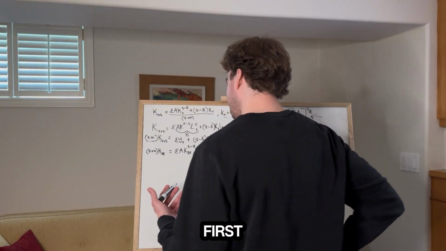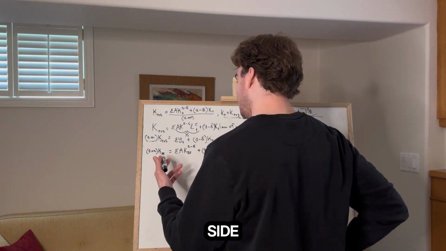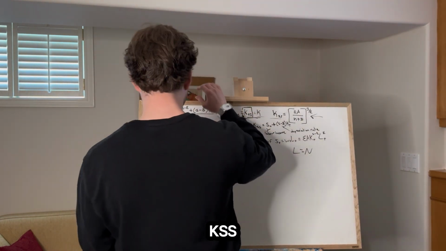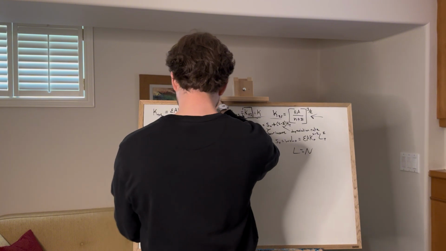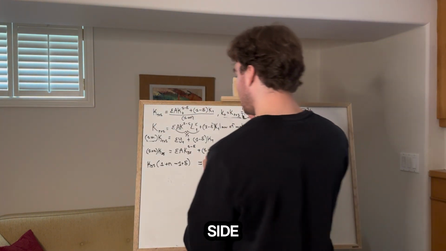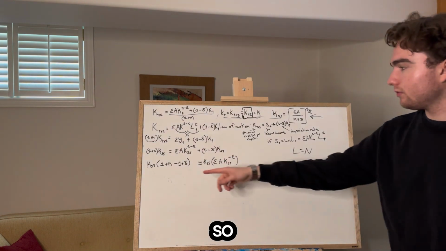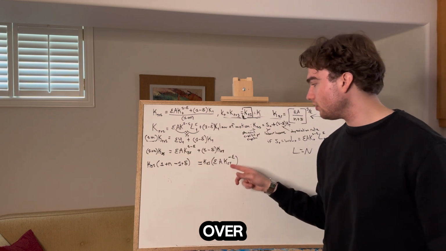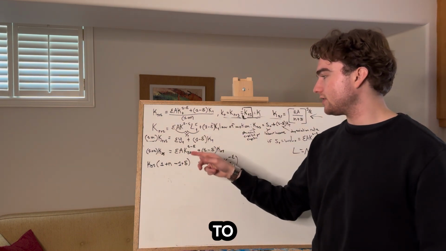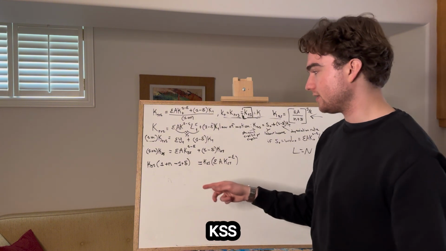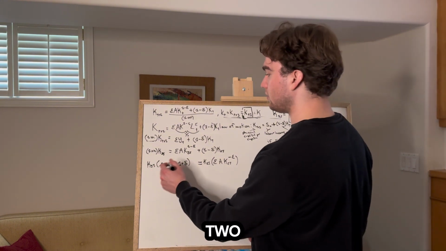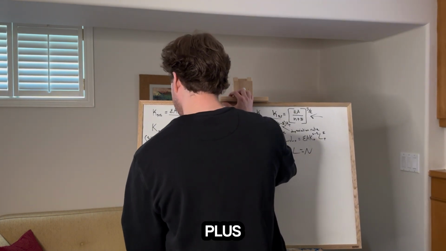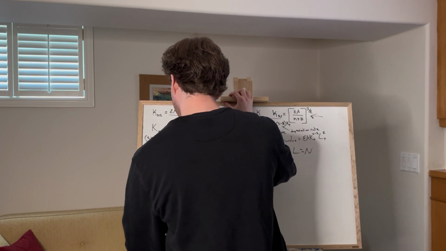So now we can start to take bits and pieces out of this, okay? So what I'm going to do first is move this over to the other side. And then I'm going to factor out K_SS, okay? And I'm also going to factor out the K_SS on this side. So this is what I've done. Factoring out the K_SS on this side has gotten rid of the 1 over here. And moving this to the other side and factoring out the K_SS has given us this. These two are obviously going to disappear, and you're left with n plus depreciation times K_SS